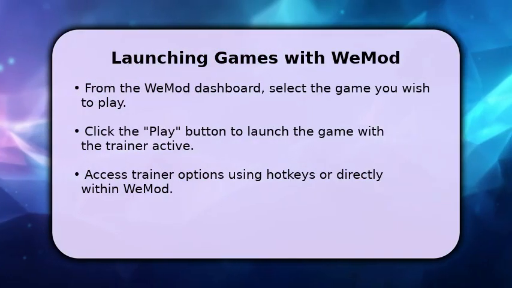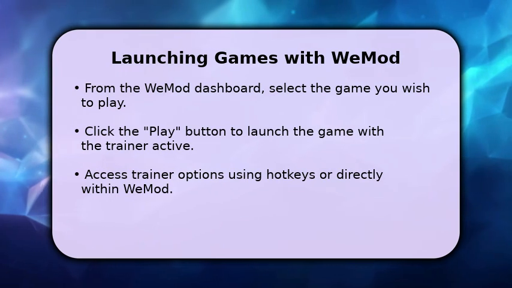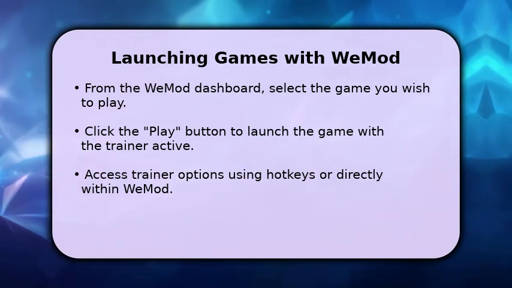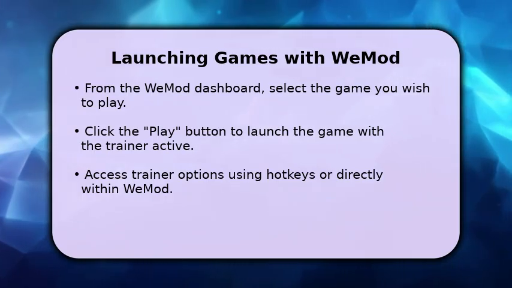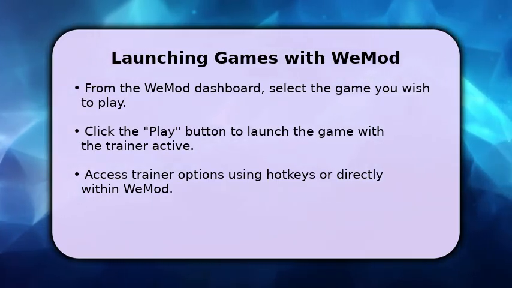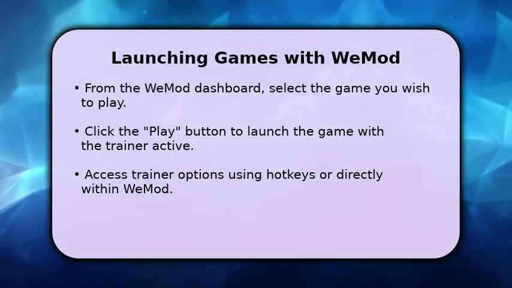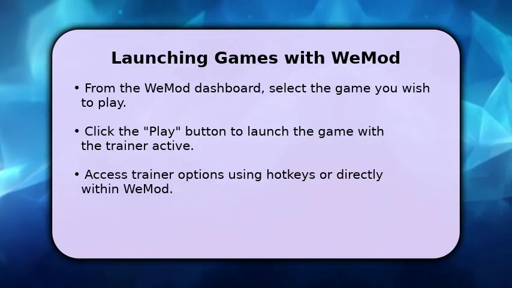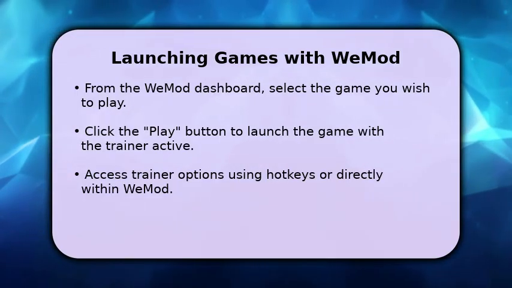Once your game is successfully added, launching it with Wemod is simple. Navigate to your Wemod dashboard and select the game you want to play. Then, click the prominent Play button. This action will launch your game, and the Wemod trainer will automatically activate. You can then use the designated hotkeys or switch back to the Wemod application to enable and adjust various cheats and modifications, enhancing your gaming